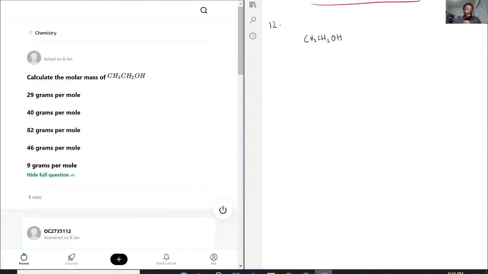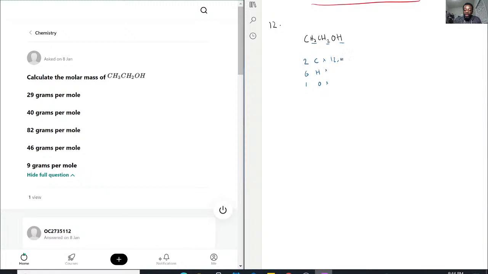So that's ethanol. So with that being said, though, we want to find the molar mass based on the constituents. So we still follow the same rules, okay? We have 2 carbons, and then we have